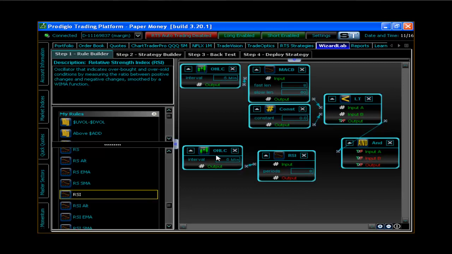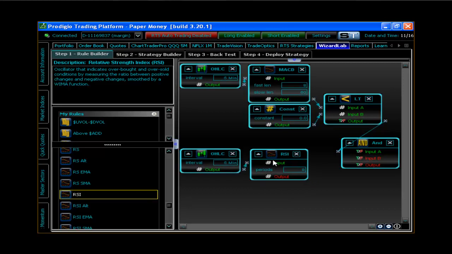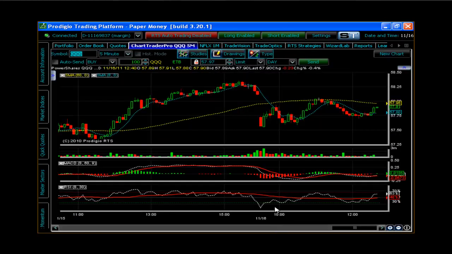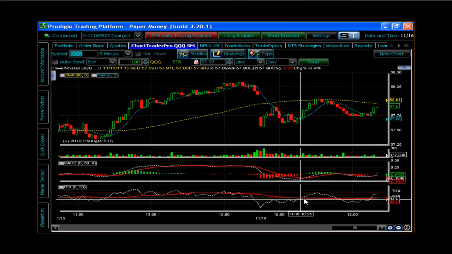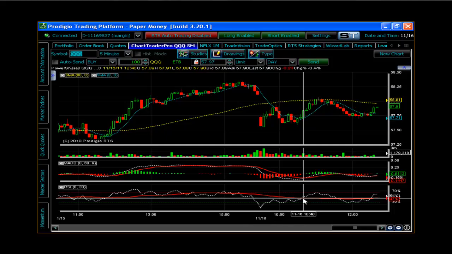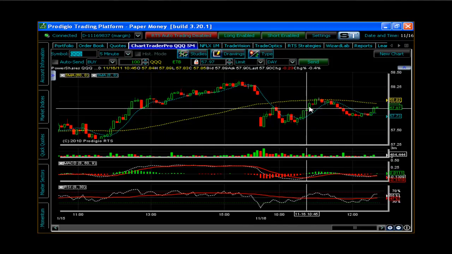And I'm looking for it to cross back below. I'm sorry, this is the short version, right? See, I have to look at this to make sure I remember. This is the short version. In the short version, I want the RSI to cross back above its mean. Let's look at an example. In the short version, I want to look for the RSI to cross back above its mean, right? And when this happens, in this example, that's going to give me a down signal here,